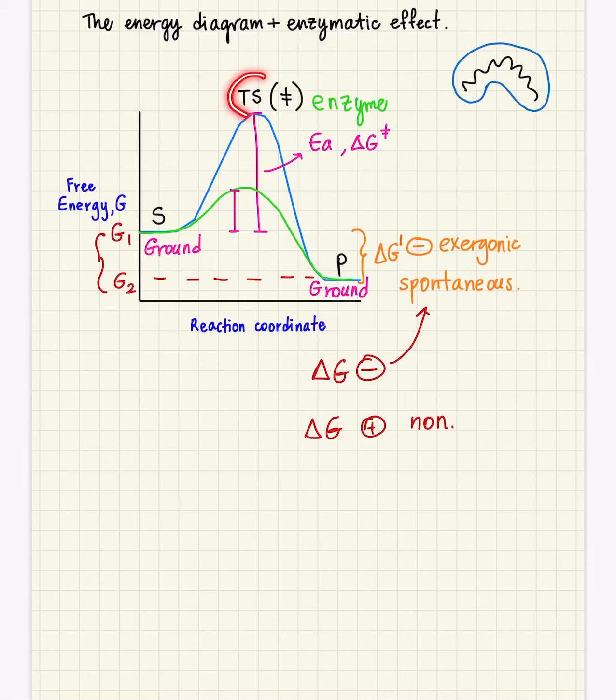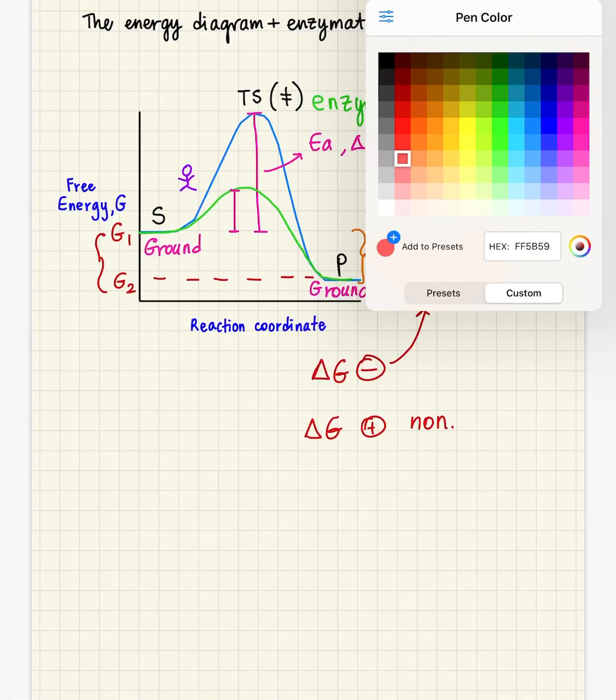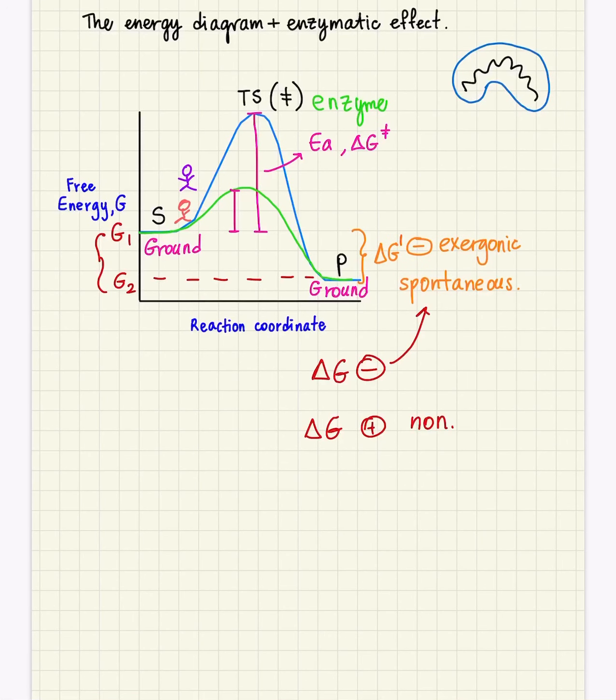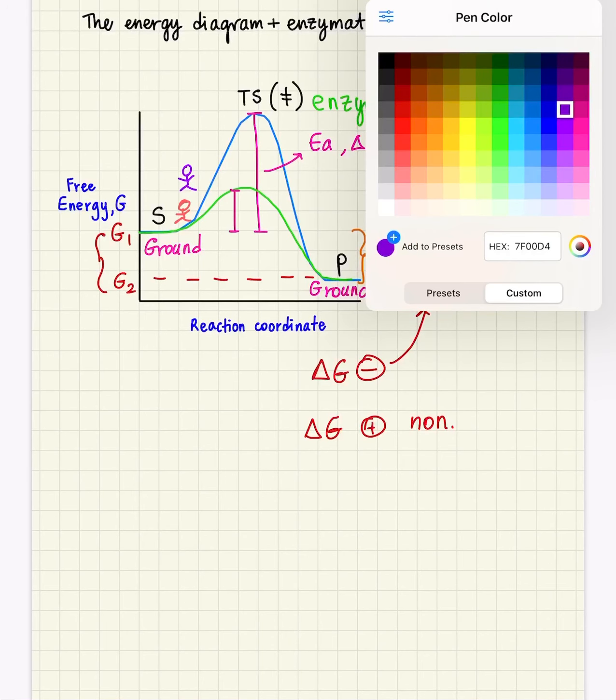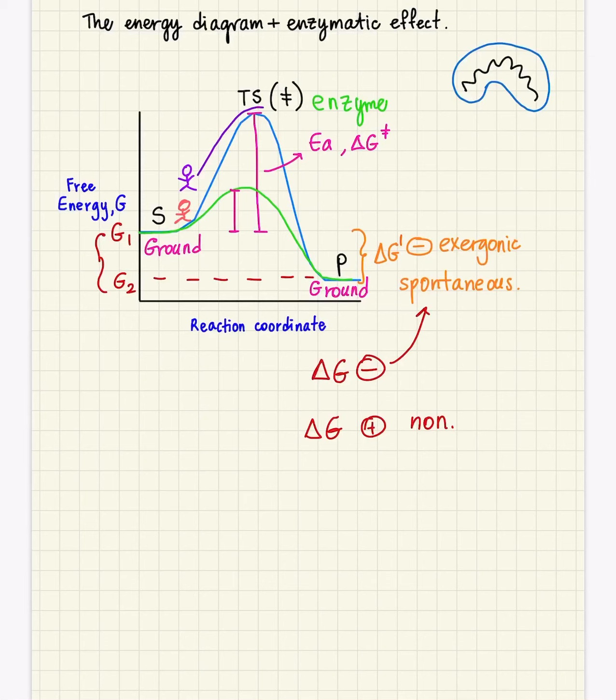And when it stabilizes this transition state, the activation energy that the substrate needs to get over this hill decreases. Meaning, think of two, let me change my colors. Think of, here we go, purple. One person here, right? And another person here. I need to make that person a different color. And think of this red person. The purple one is going to go all the way over this hill